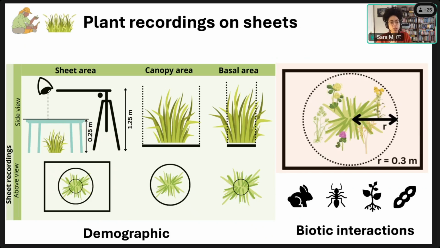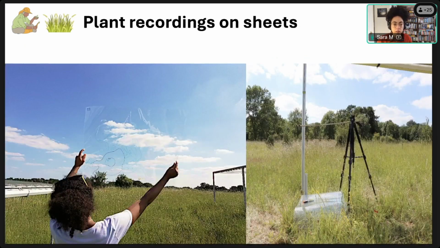On those same sheets, I also recorded biotic interactions. Within the neighborhoods, I noted down the species that were present there. And I made a note whether there was presence or absence of rabbit activity or anthills. These were listed as covariates. So this is what it actually looks like. These are the sheets, and this is the setup. So very low tech.